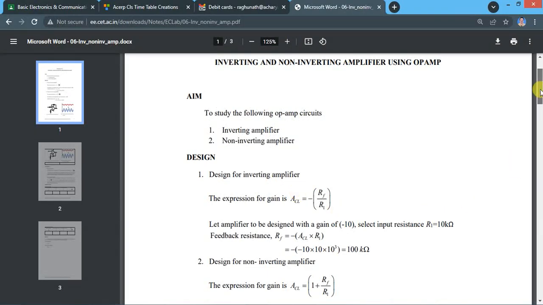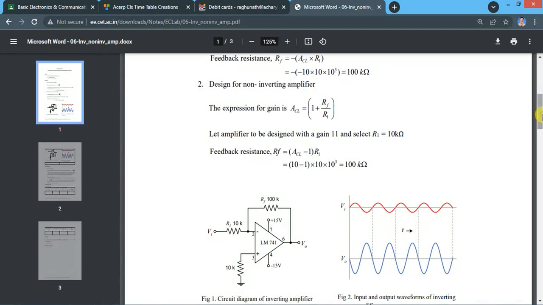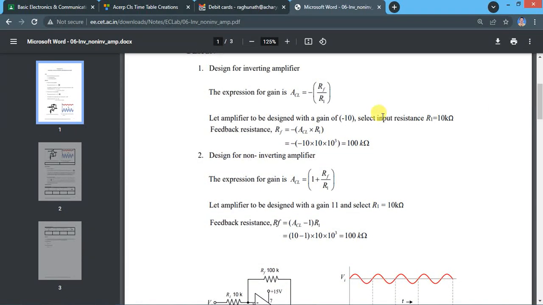So the inverting amplifier op-amp circuit is this. You have to pick one op-amp. This is the feedback resistance RF, and input should be given to the inverting input terminal 2, and 3 is grounded. The expression for the output is V0 is equal to minus RF by R1 times Vi, that is, the gain is given by minus RF by R1. The negative sign indicates that the output is inverted.